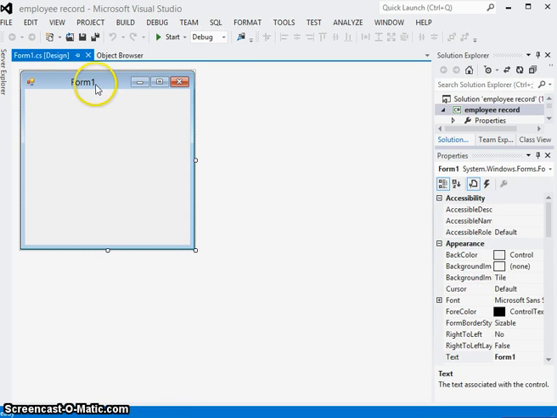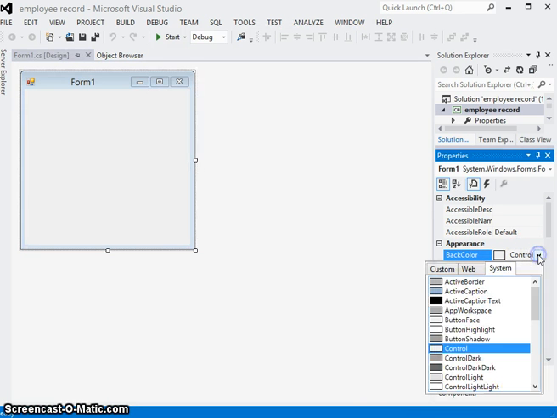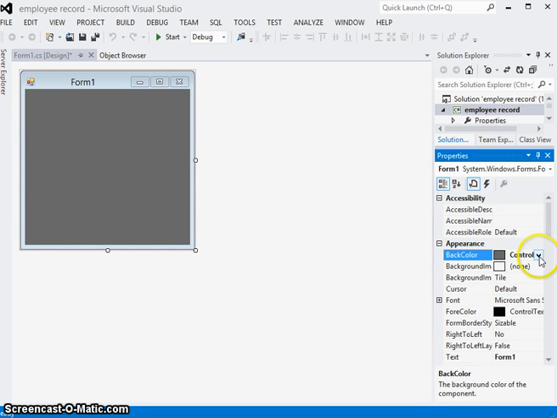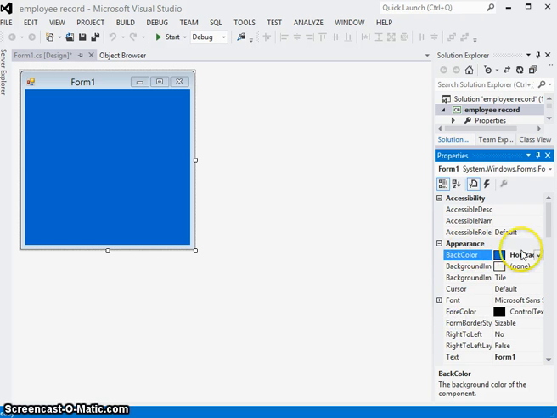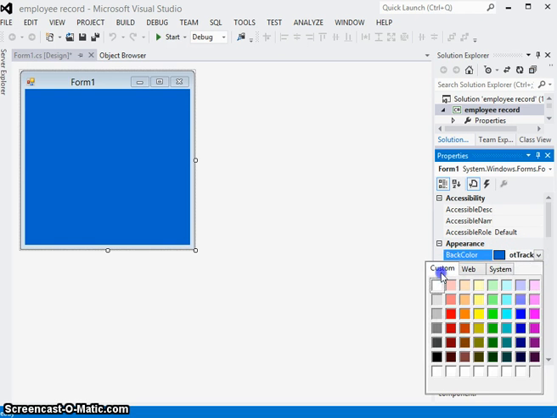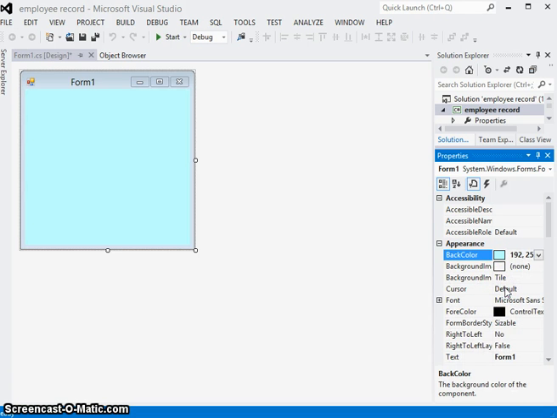So you see here we've got the basic form, and the beauty of Visual Studio is that you can just go to the properties table down here and decide how you want your form to look. For example, you can have control dark, or you could go hot track. Basically you can just choose any color that you want. So today we'll stick to that color, which is a light blue, and you need to give your form a name,